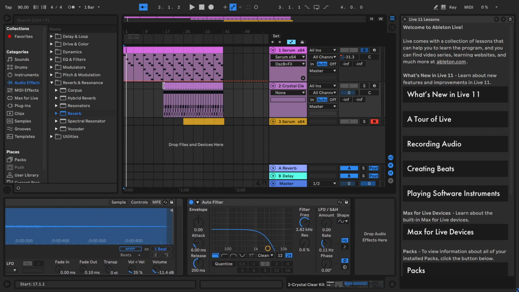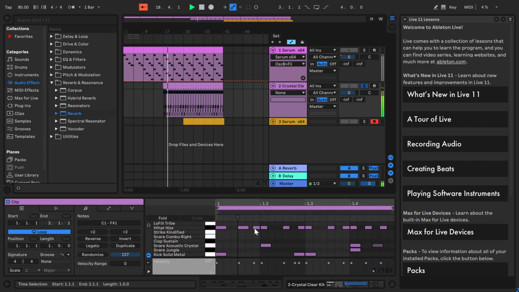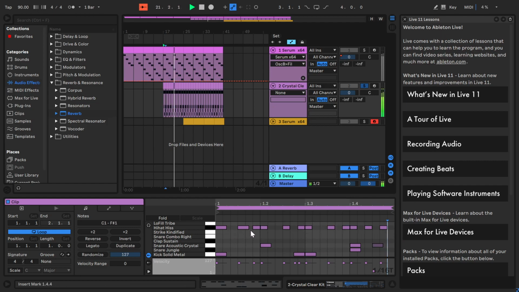So, sound number 2. This one is a pre-made sound that I just found, just drum kit. And if we go here, I have this fun hi-hat pattern that is kind of random and whatever. And then this here, I'm using the ghost note. I don't know if ghost note is the correct word. I should figure that out. But I'm doing a snare acoustic crystal, and then I'm just sitting here on this beat, and then it's hitting here too with a snare jungle,